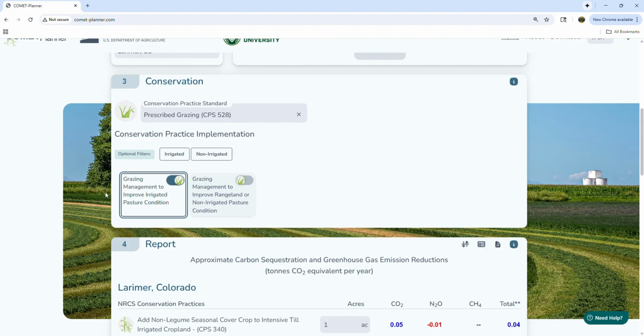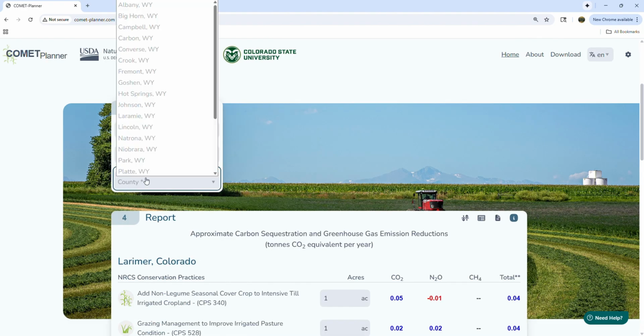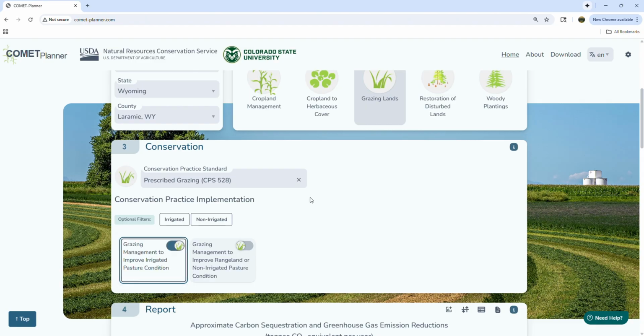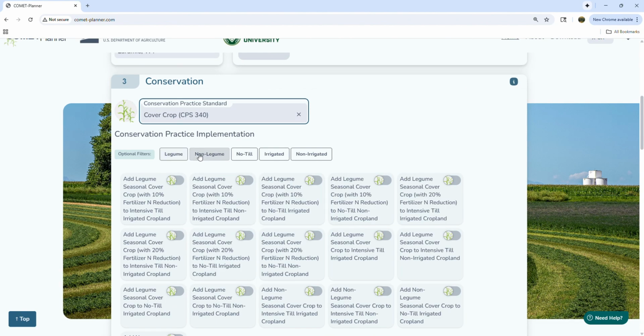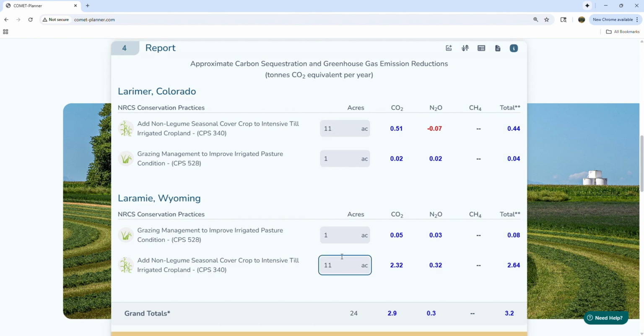So while I previously was assessing Larimer County, Colorado, I'm also going to add some practices from Laramie, Wyoming, and compare those 2 practices across state and county. In the Step 4 report, the final step is to enter the total acreage each conservation practice standard will be